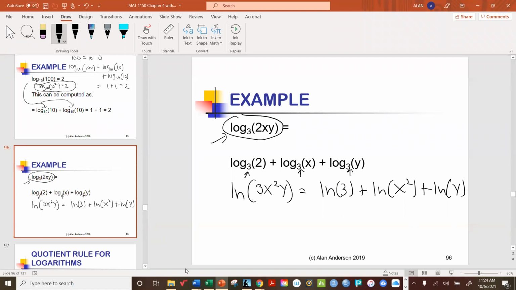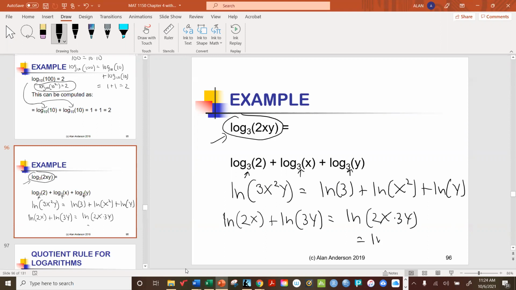All right, so now this works both ways, by the way. If I had log of 2x plus log of 3y, I could consolidate that into log of 2x times 3y, or log of 6xy. And in this case, I actually am simplifying it. So in other words, when you see one of these equations,